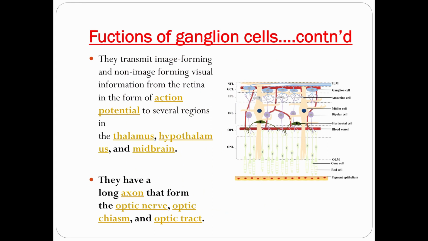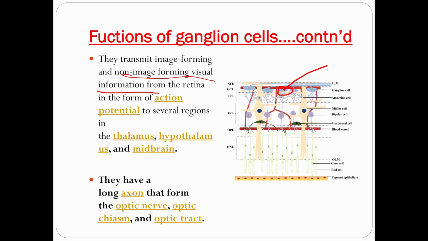And we told you that they transmit image-forming and non-image-forming visual information. This was retino-hypothalamic, non-image forming. But others are image forming. Obviously, their main function is image forming. But some of the current is used for regulating the hormones in a circadian rhythm. But mind it, it is always done through action potential,